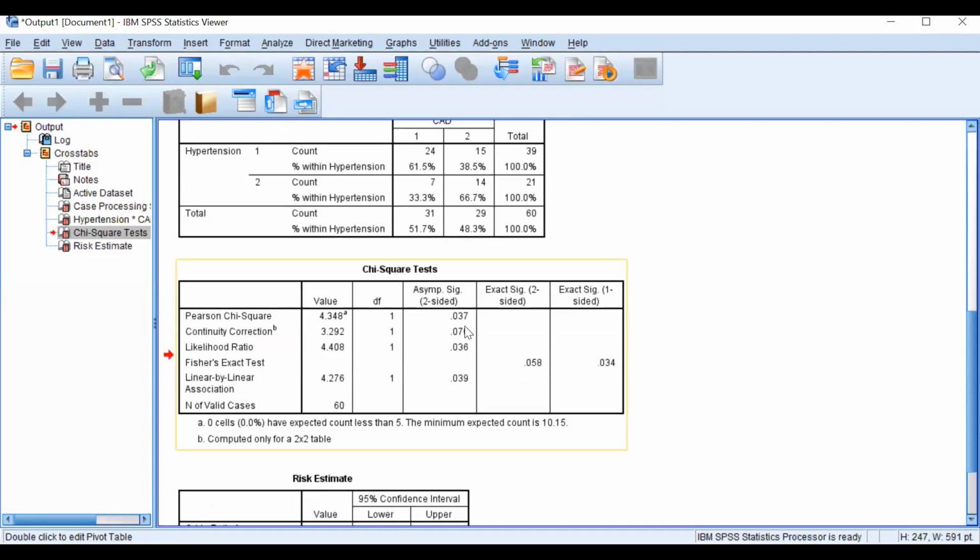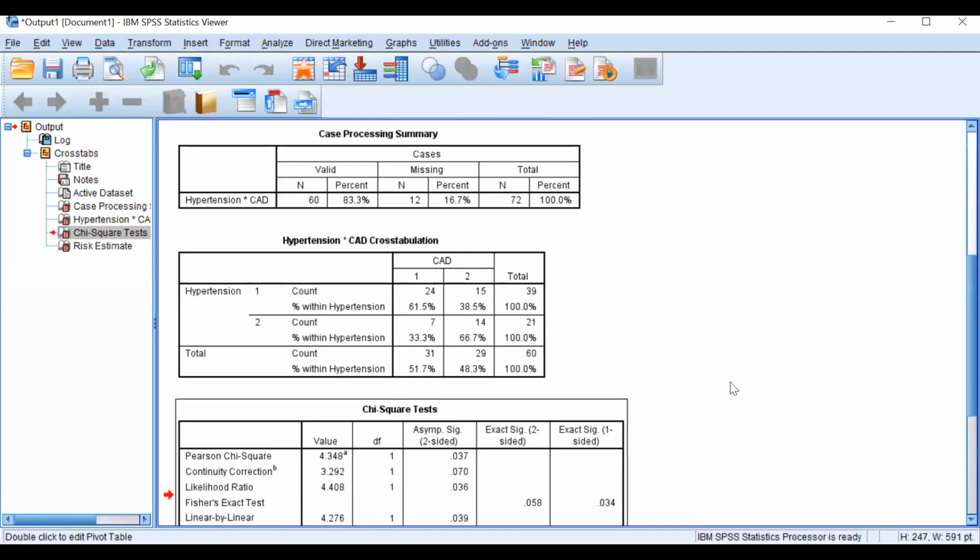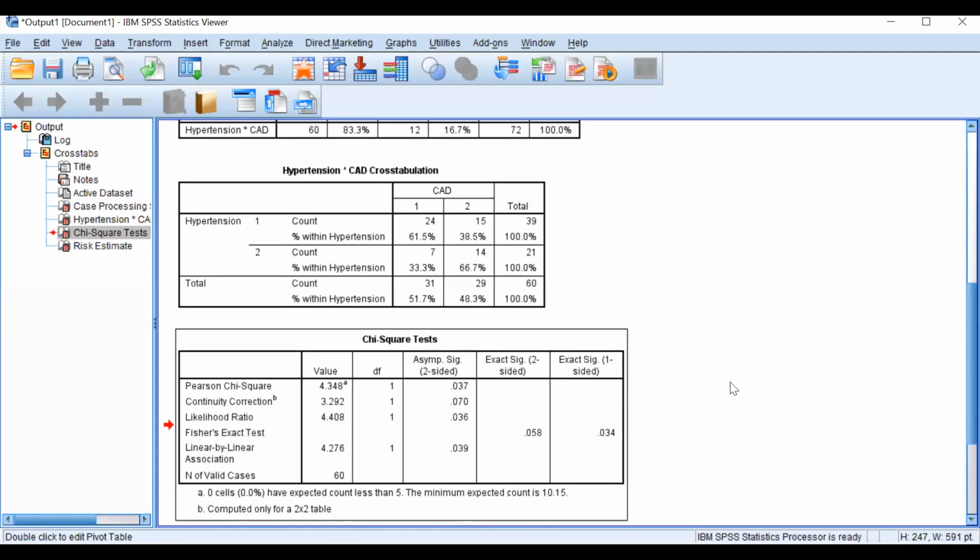So this is how we have to look. These are the main features when it comes to chi-square analysis. And one more thing I would like to mention is, suppose the expected count is less than 5. So how do we look? As I told you, if there is an expected count of less than 5 in any of those cells, then we cannot use chi-square. We have to use another test which is called Fisher's exact test. So let me check if I can show you that option as well.